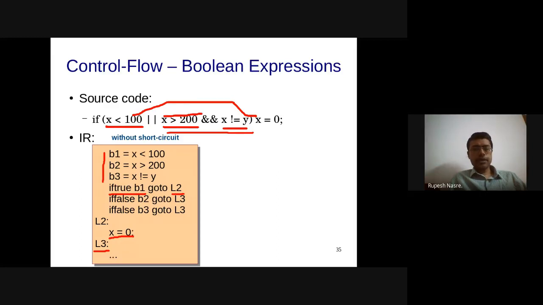Okay, if that is the case, it will be a good time to write down with short circuiting how the code will change.